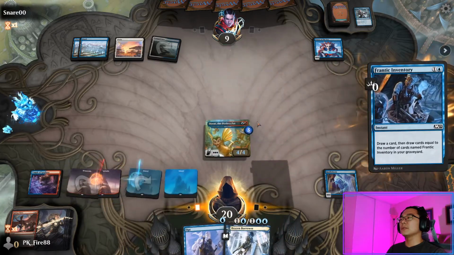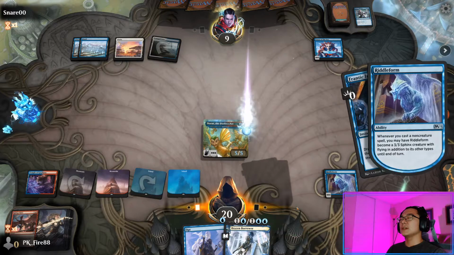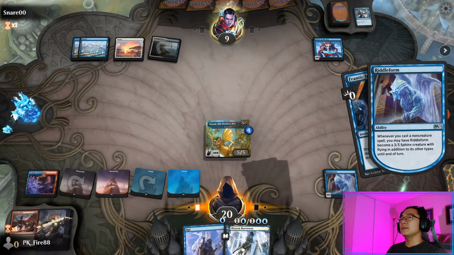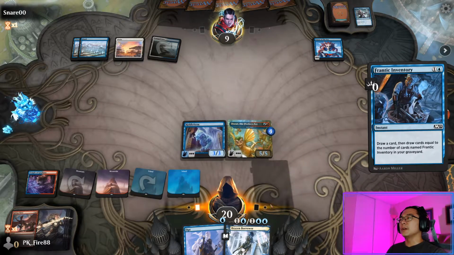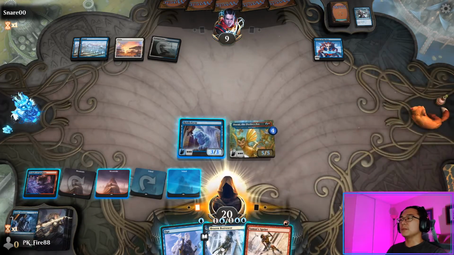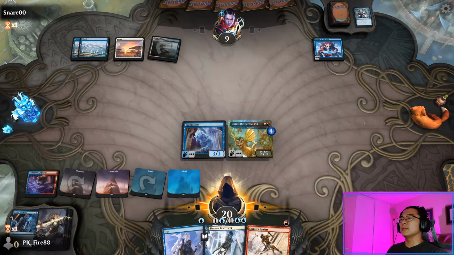Well, let's go for broke. Does the dragon get to stay? We no longer have Raking Claws. So, in order to buff the Riddle form enough, we would need... Well, that's what we would need. I mean, we don't get the kill, but...